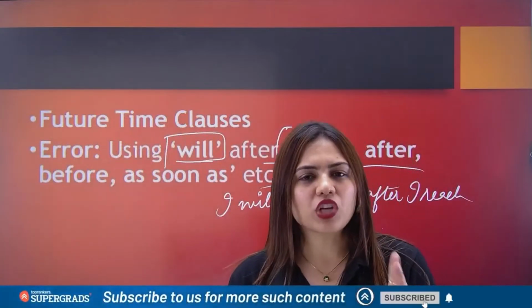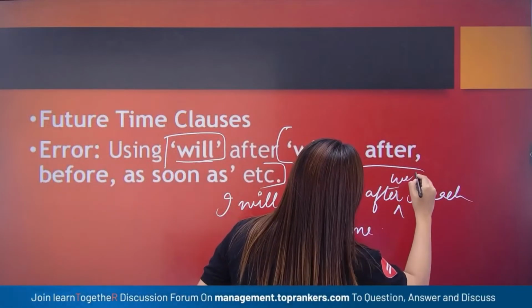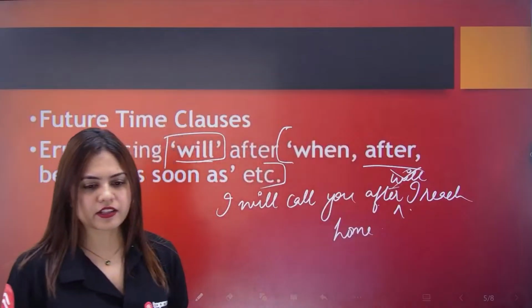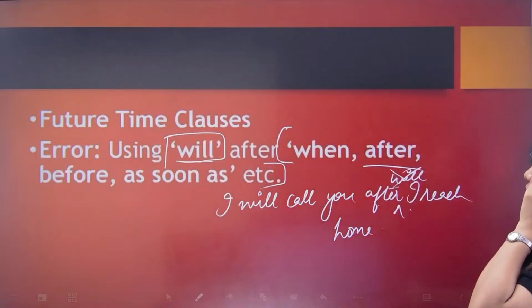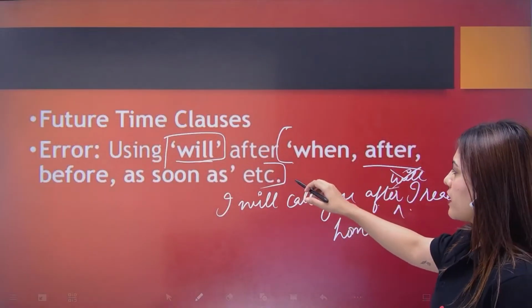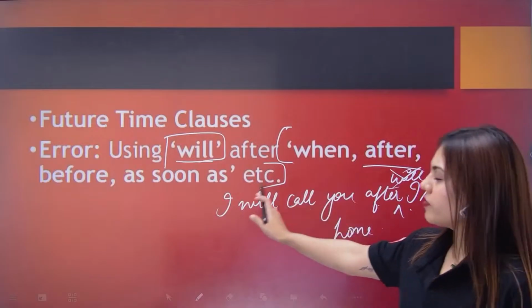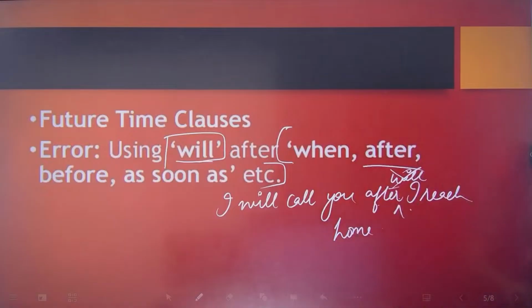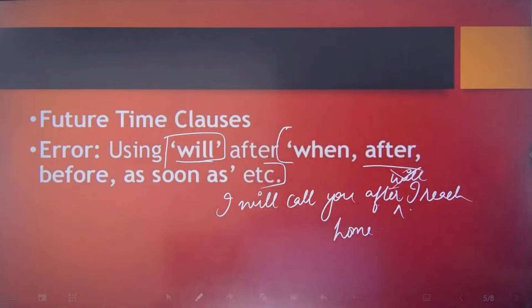But there they will deliberately give you a question like, I will call you after I will reach home. So using will after it makes the sentence grammatically incorrect. Know better, know your rules, basically, right? So as soon as you see future time clauses like when, after, before, as soon as, remember that after them we will not use will. Will comes before it, if the sentence demands or requires. If we talk about time clauses, we usually use simple present, not future. Okay. Then moving to the next one,